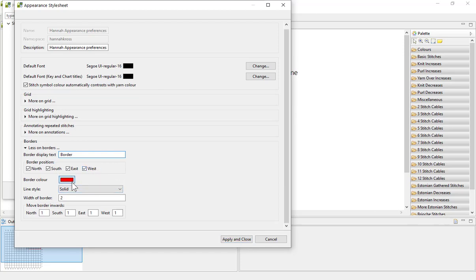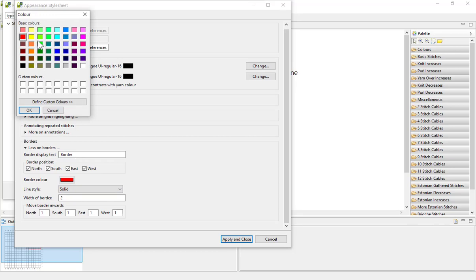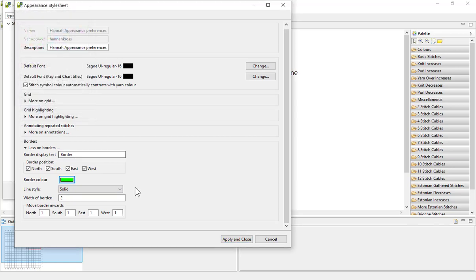You can choose a different colour. I might choose a bright green. You can choose the line style, the width of the border, that's in pixels, and also moving the border inwards. I linked to our main video on borders and repeats, and that explains a bit more about what this move border inwards or outwards means, rather than going into it right now. But if I click Apply and Close,